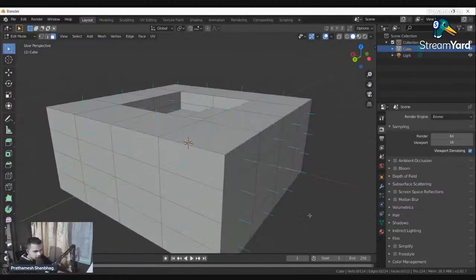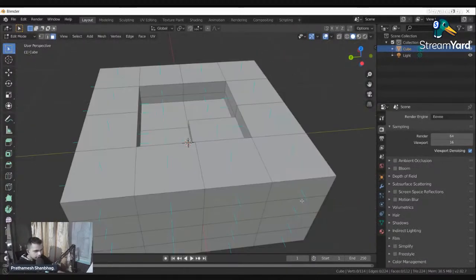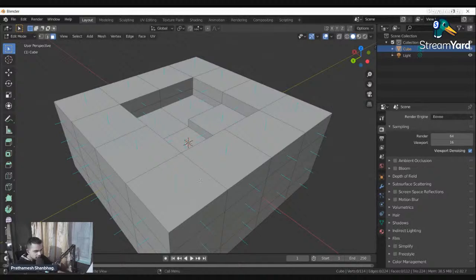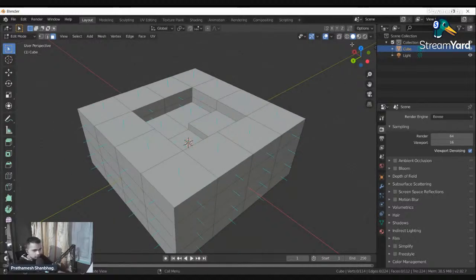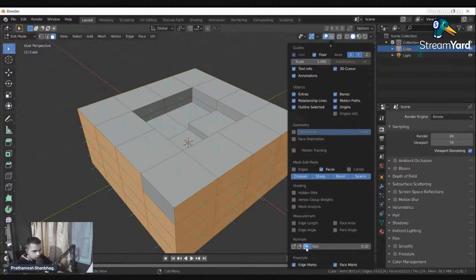It is something you must have learned in 10th standard. Normals are basically lines that are perpendicular to your faces. So when I extrude along the normals, it's going to give me a proper extrusion and not the one that you saw previously. So I'm just going to switch off this normals. That's it.